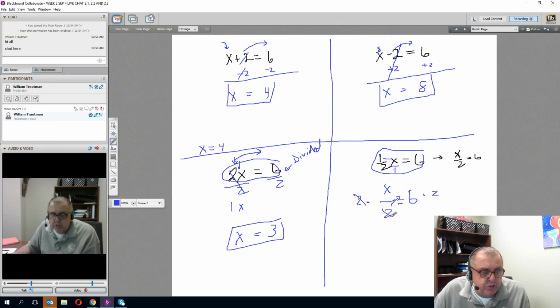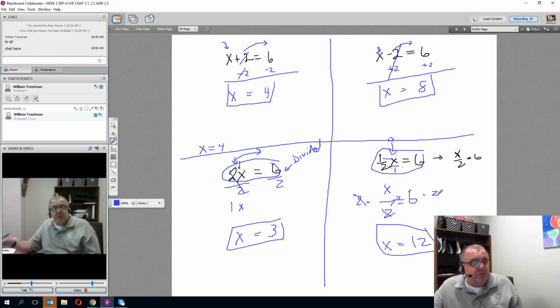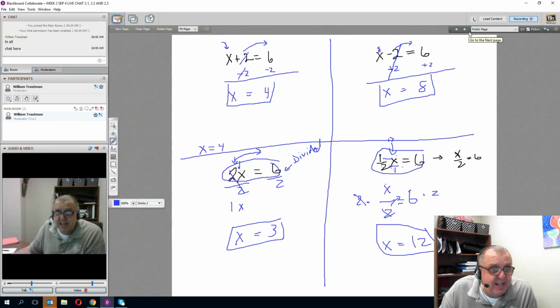The 2 on top and the 2 on the bottom cancel, and I'm left with x equals 6 times 2 is 12. Once again, in the original problem, 1/2 times 12. Half of 12 is 6. 6 does equal 6. So this is pretty much section 2.1 and 2.2. That's it. So let's try a couple of the problems from the homework in